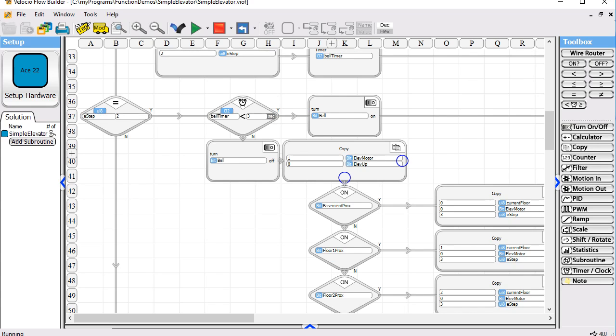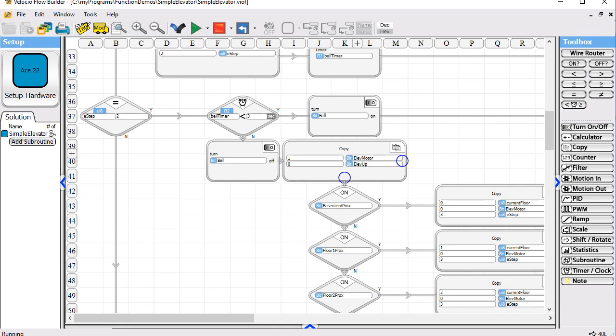Now we have to either move up or down. In this case, I decided we're going to move down until we hit a known position. So we turn the elevator on and we tell it to go in the down position. We've got this variable, or the output actually, elevator up. We put a 0 into it. That is negative. It's not going up. And we put the value of 1 into the